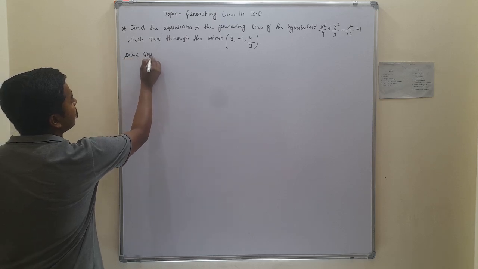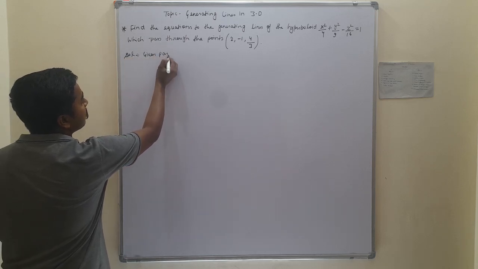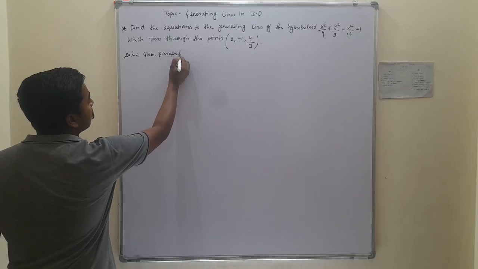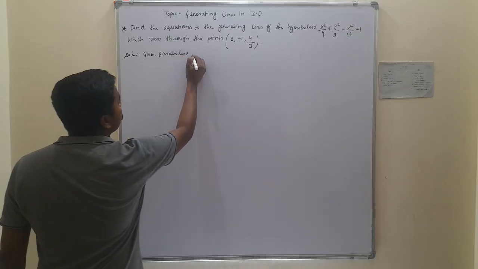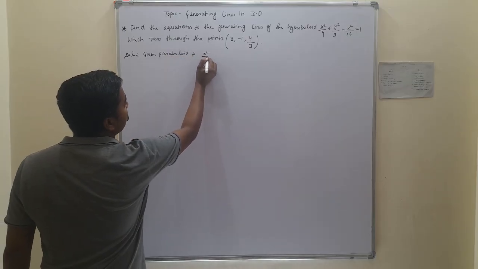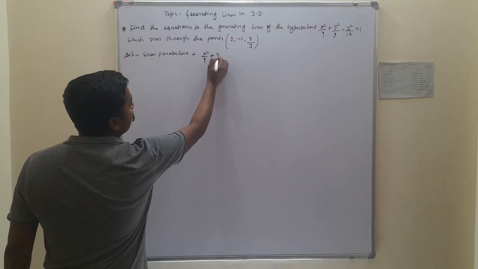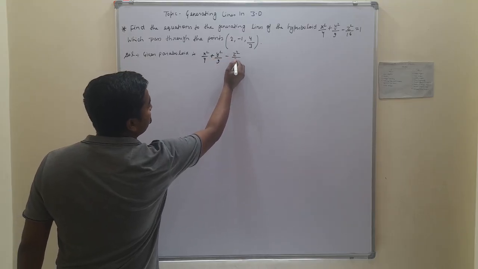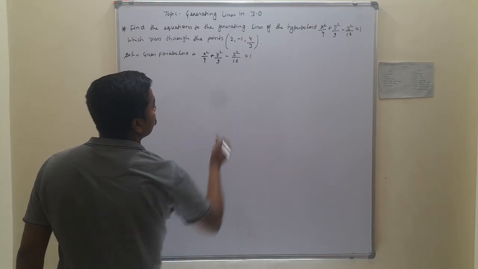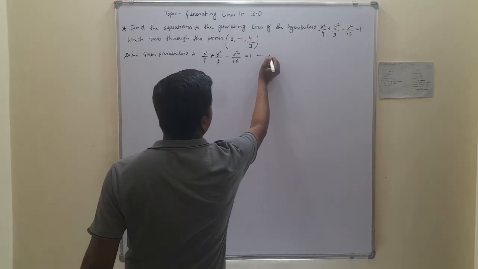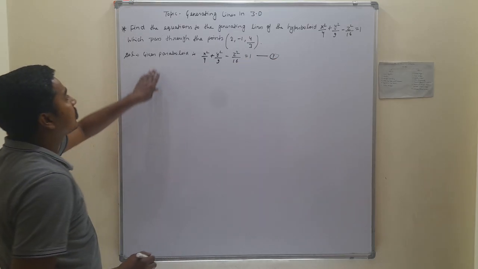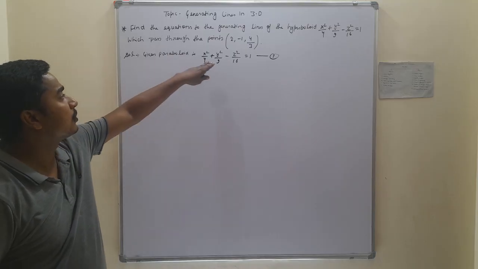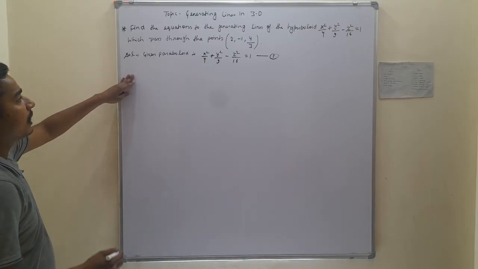Given hyperboloid is x square by 4 plus y square by 9 minus z square by 16 is equal to 1. Let this be equation 1, and it passes through the given point. So we have to write here